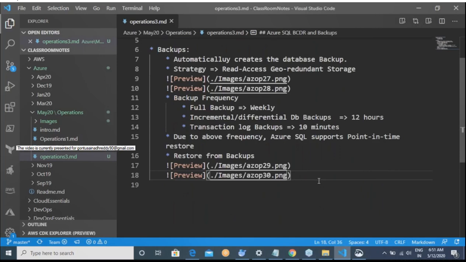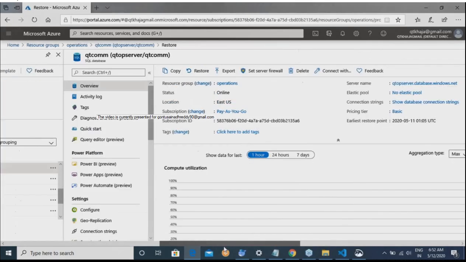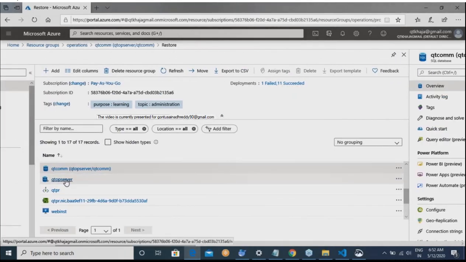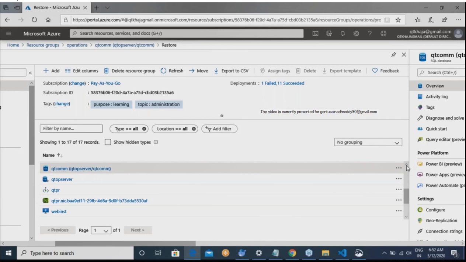Now, have you basically just explored those options? I will be giving you 5 minutes of time. Please go through backup options and the recovery options. When it comes to recovery options, I've basically shown you how to do it. Backup will be on the server and recovery will be on the database. Please explore that. Okay. So are you guys doing that? Yeah. Will you do that? I've shown you the UI. If you have Azure SQL database created, which you should have, go to the server for understanding backups. Go to the database for understanding the recovery. Please go through this UI.